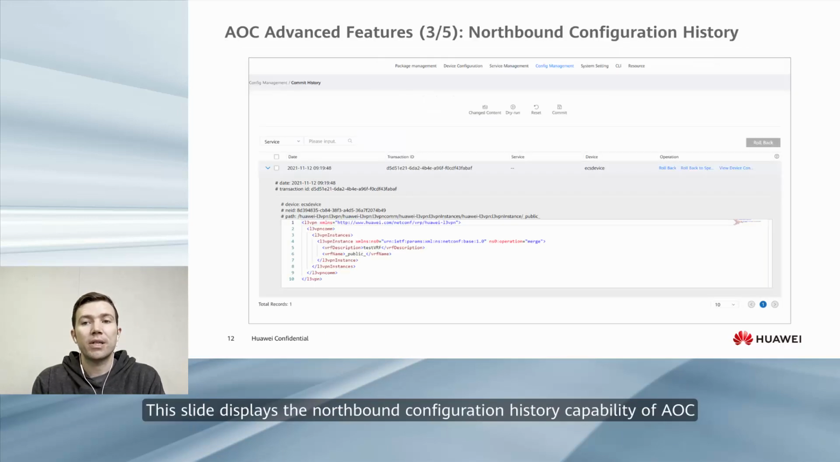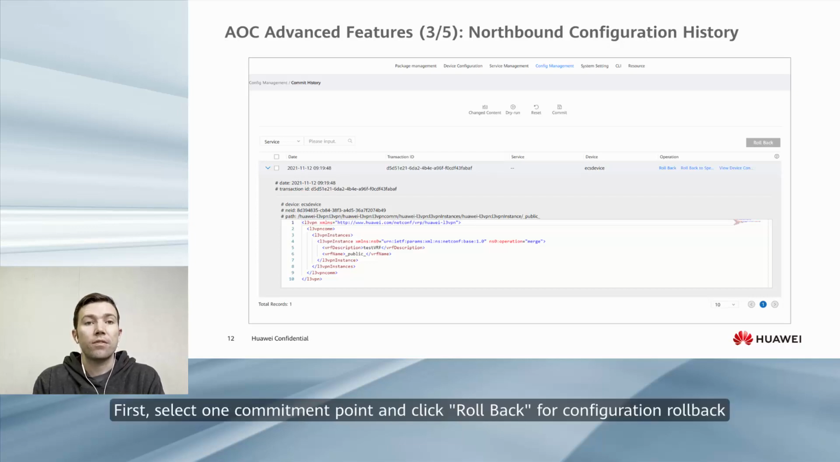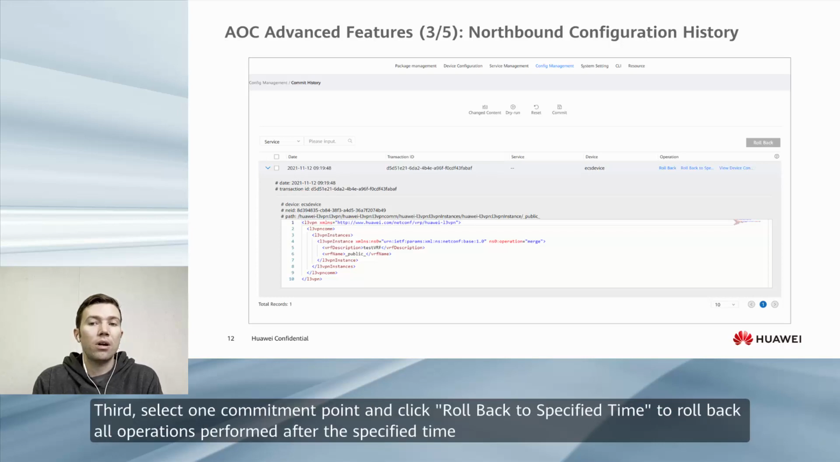This slide displays the northbound configuration history capability of AOC. You can view the editing records. Based on the configuration history, you can also perform 3 rollback operations. First, select one commitment point and click rollback for configuration rollback. Second, select multiple commitment points and click rollback in the upper right corner for batch rollback. Third, select one commitment point and click rollback to specified time to roll back all operations performed after the specified